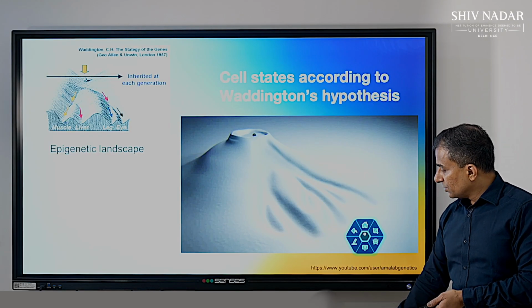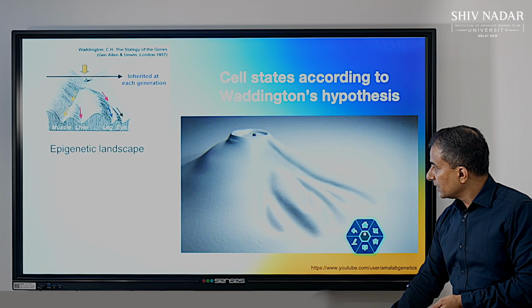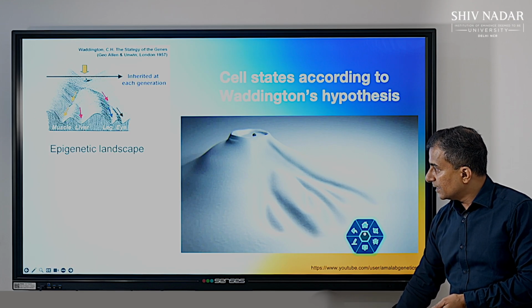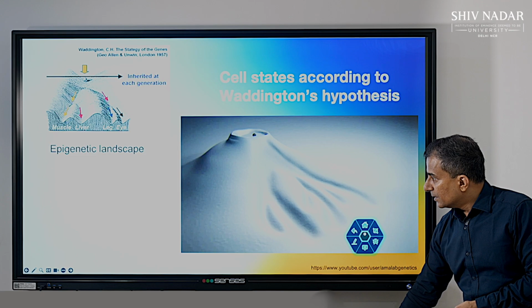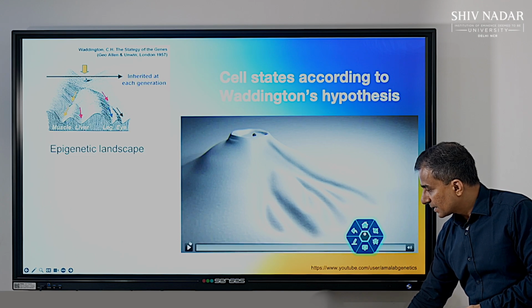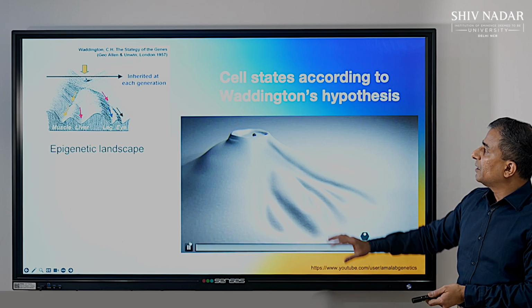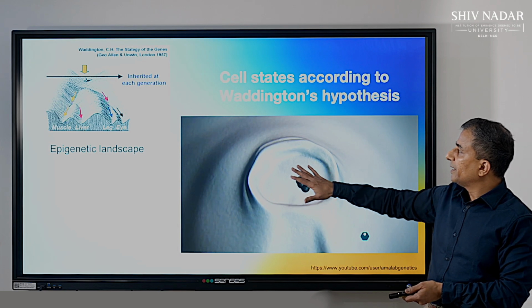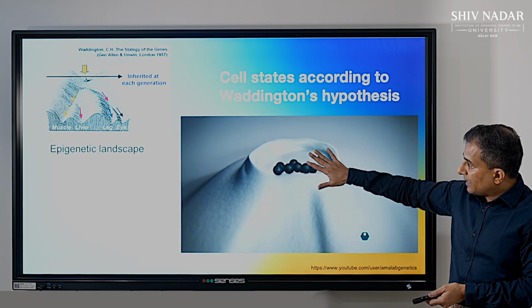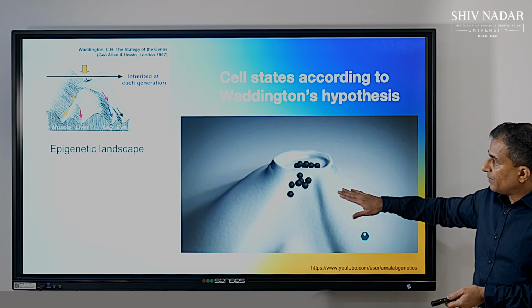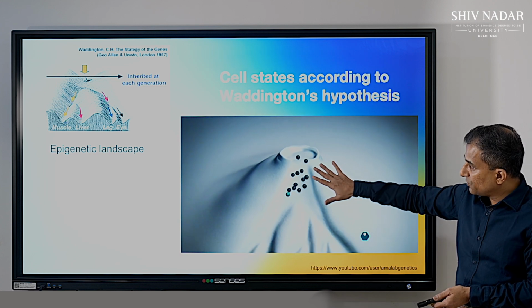So coming back to this now, I can talk about how this is done in much more detail, but today we'll move on further because I want to talk about the Waddington's hypothesis. So here you can see now this is an animation, a very nice animation to show how stem cells initially divide. They're all alike, but along with the epigenetic landscape of Waddington, now this is an animation where you see that